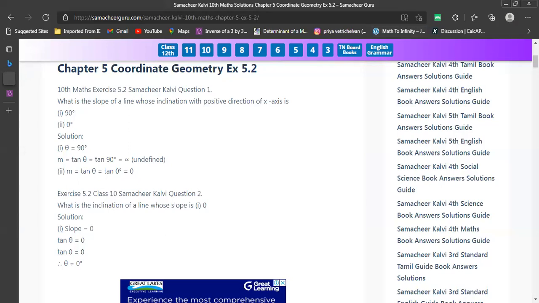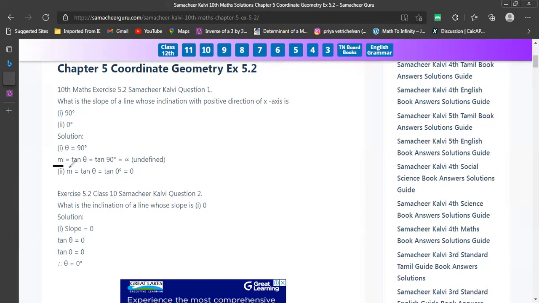We'll discuss coordinate geometry exercise 5.2. So the question number 1, what is the slope of a line whose inclination with positive direction of x-axis is 90 degree and 0 degree? So they're saying the angle is 90 degree. You have to consider the slope as alphabet M. Okay. So alphabet M should be